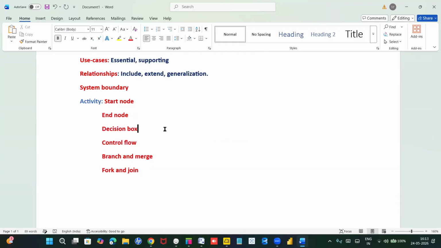So start node, it will show how we are initiating the process. We will use this start node, and end node we will use to show that the process has been stopped. And coming to decision box, we will use this decision box in yes or no conditions to showcase yes or no or valid invalid kinds of situations. And control flow will show the relationship between one flow to another flow. And branch and merge,